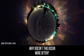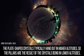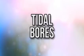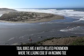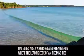Why doesn't this occur more often? The plate-shaped crystals typically hang out in higher altitudes, so the pillars are the result of the crystals being in lower altitudes. Tidal bores. Tidal bores are a water-related phenomenon where the leading edge of an incoming tide forms waves